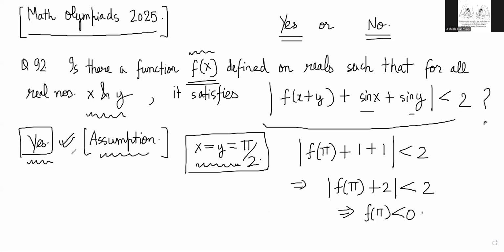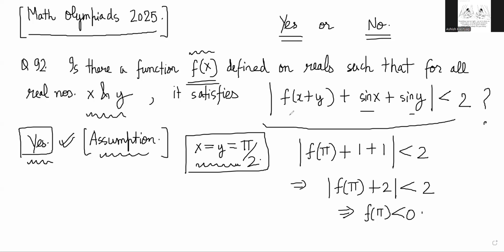We still don't know whether our assumption is correct or not, right? So we should try some other values also, maybe. We can try other values here, right? You can try 0, but the problem with trying 0 is that f of x could go up to 2, no problem. No, that is one problem.